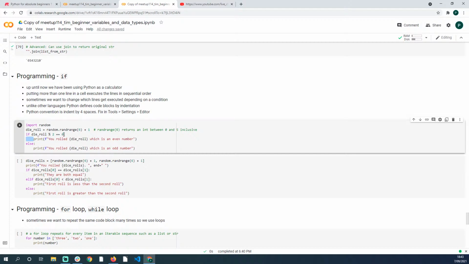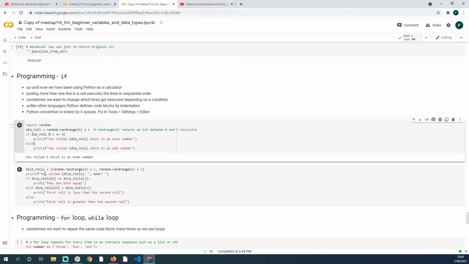And at the beginning of the code block, we've got a colon. So if you see a colon at the end of the line, that basically says next is going to start a code block, and the code block is going to be indented, and it's not going to end until it finds some other code that's not indented. So it goes all the way up to else, and now else is not indented, but else is starting a new code block because we put a colon at the end there, and in that code block we've indented as well. So if I run this bit of code,